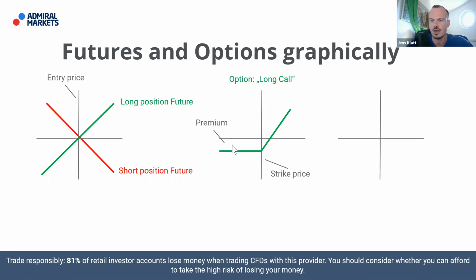So this is the price you pay, and that's it. You're not setting a stop, in fact, but the stop is the expiration date. If the market does not trade above your strike price, your call option just expires worthless. That's just it. And we have the equivalent here for the short side. This is the put position, and there you also have the strike price. If we drop below the strike price, you're obviously making money. You pay the premium. If the market fails to drop below the strike price, your option again expires worthless.